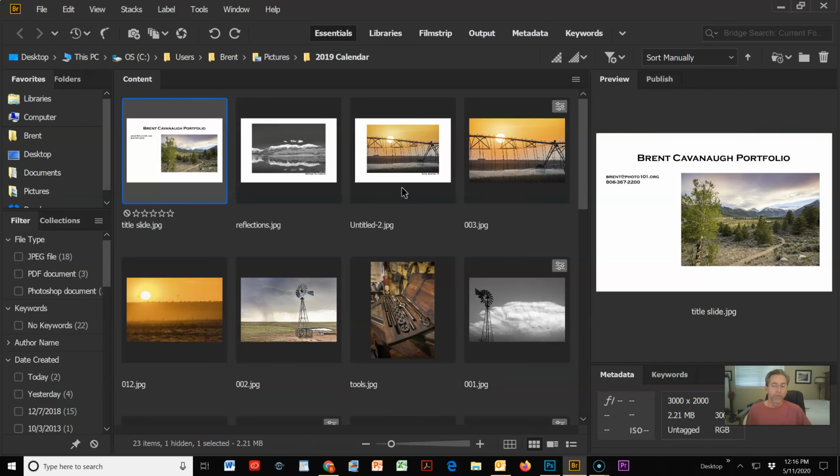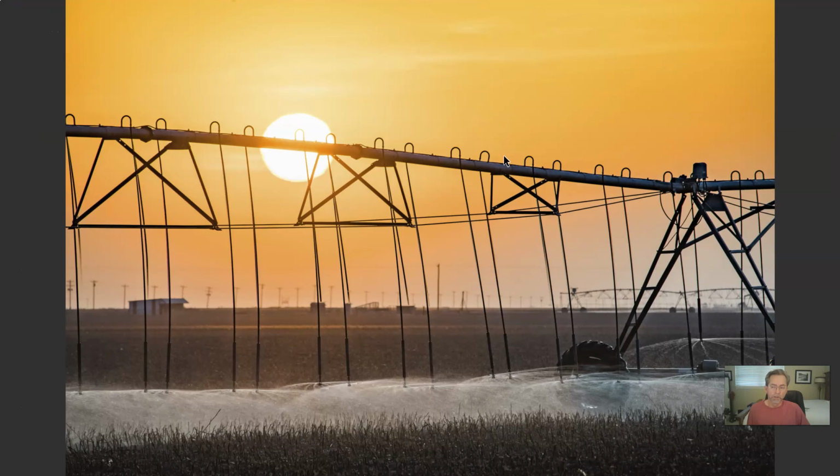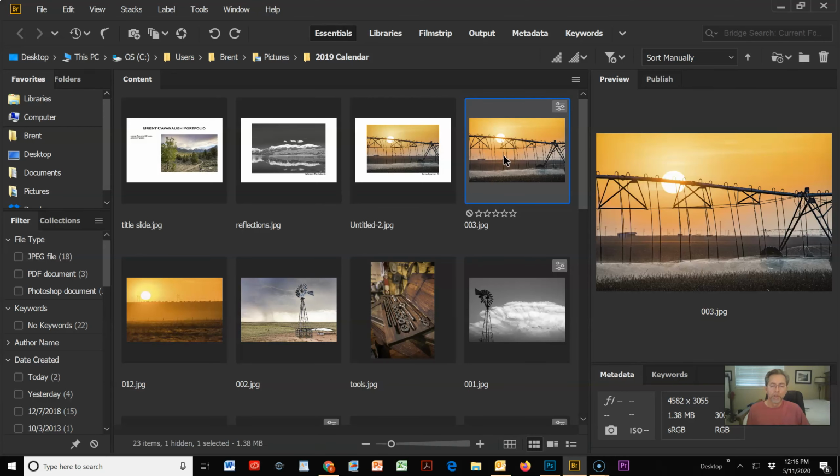So we have that. The other option for the rest of the images in the portfolio, one option is to just take your images and have them shown full screen onto the display for the PowerPoint, kind of like this. Okay. Another option that you can do is to go ahead and, again, in Photoshop, set up a template where you can drop your images in